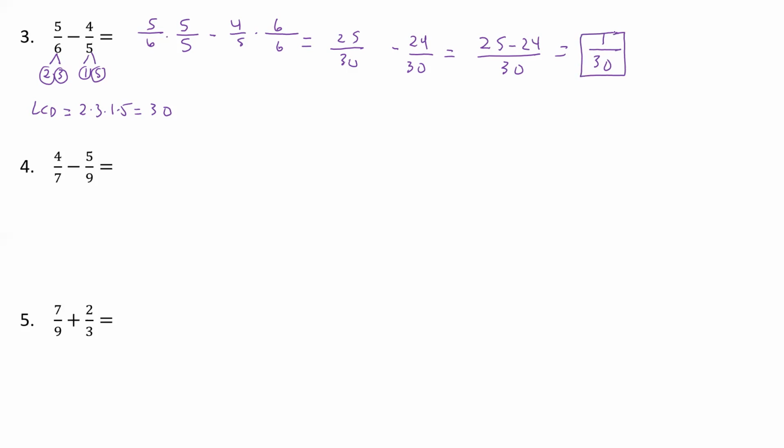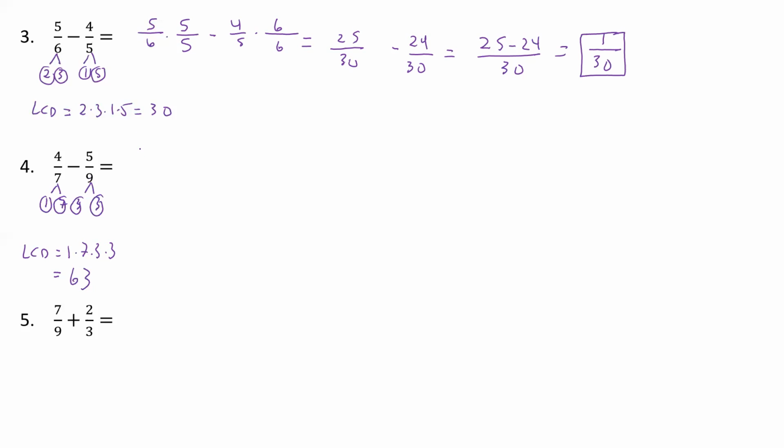Okay. All right, so we can do that again. Maybe we'll just keep putting it underneath. That seemed to be pretty good, instead of having to come over here. So, what is 7? Well, that's 1 times 7. 9, well, that's 3 times 3. So our LCD is going to be 1 times 7 times 3 times 3, which is pretty easy. That's just going to be 9 times 7, because 3 times 3 is 9, times 7, and then times 1 doesn't change anything. And so this is going to give us